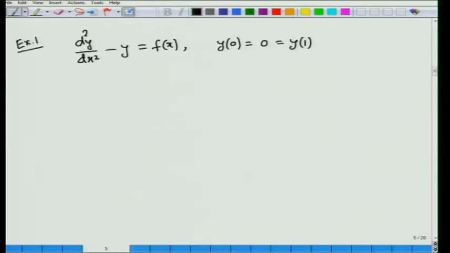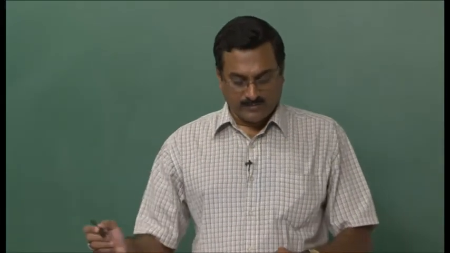So, of course, this is a simplified version of the Sturm-Liouville boundary value problem, and at this moment we have no lambda here, p(x) is 1. So, of course, this is an equation of the form of a Sturm-Liouville boundary value problem. Now, first of all we have to consider the corresponding homogeneous equation, that is d²y/dx² minus y equal to 0. This is the homogeneous ordinary differential equation associated with the given non-homogeneous problem.